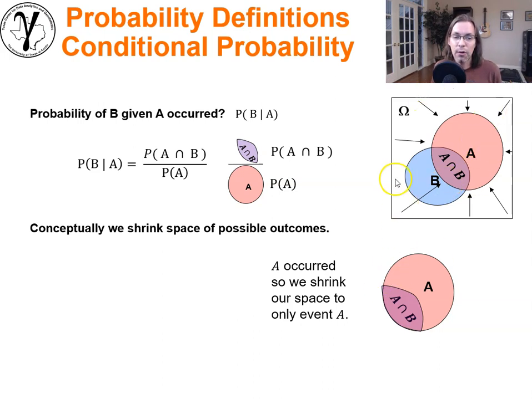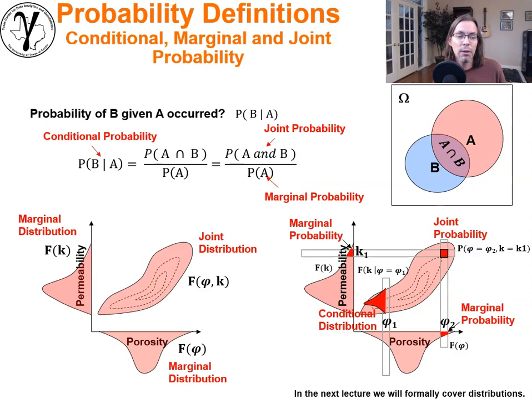And so the Venn diagram was here with omega. Now this is our new Venn diagram. It's only A can occur. And so if you look at that, what's the probability of B given A occurred? It's the ratio of the intersection A and B divided by A. It makes perfect sense if we shrink our universe. So every time you hear a conditional probability, think of shrinking your universe. Kind of fun, eh? All right, so now let's generalize, because we've introduced the idea of conditional probability and we've